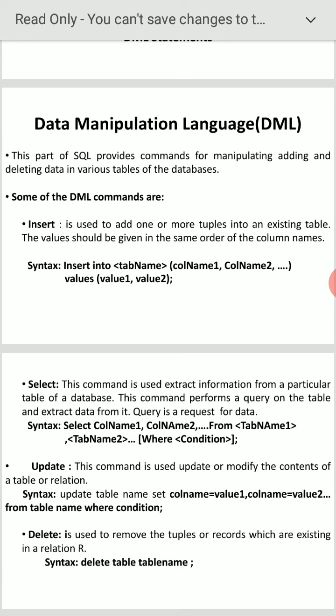Previously I stored 1A 5,000. Now it becomes 1A 10,000. Like that, we can modify it, we can change it. Any column, any value, you can change it here. If necessary, you can use the where condition. Otherwise, no problem.